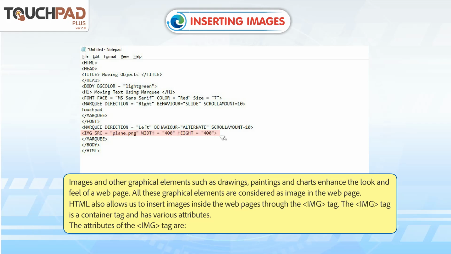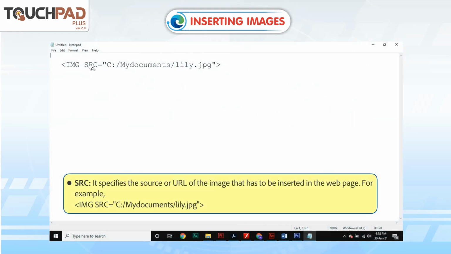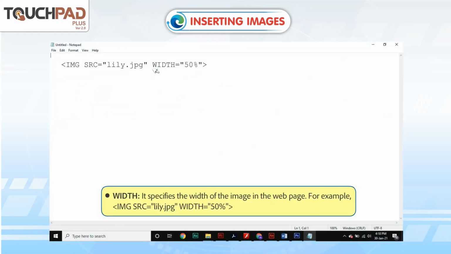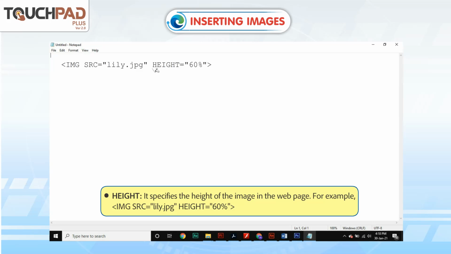The attributes of the img tag are: src. It specifies the source or URL of the image that has to be inserted in the web page. For example, width. It specifies the width of the image in the web page. For example, height. It specifies the height of the image in the web page. For example,